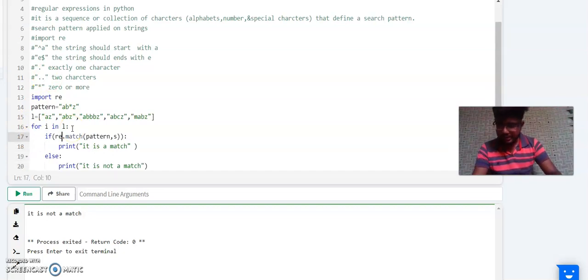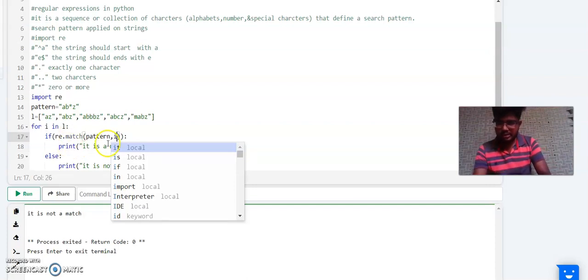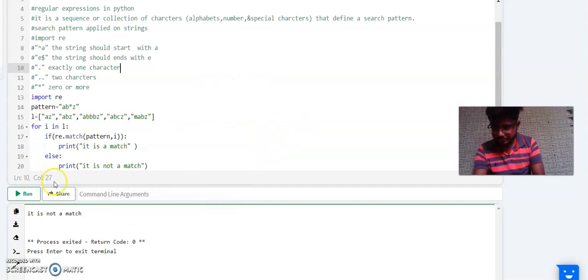Here i means for each element in the loop. Now let's check.